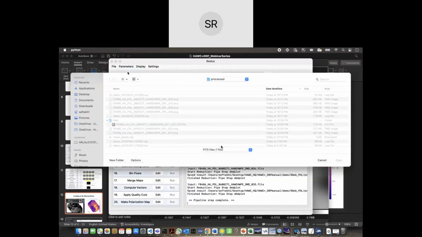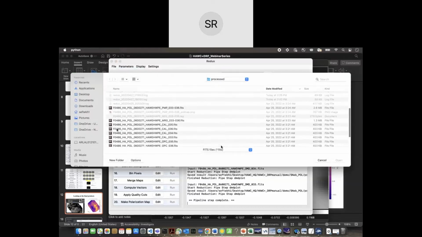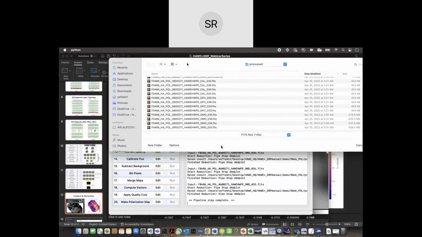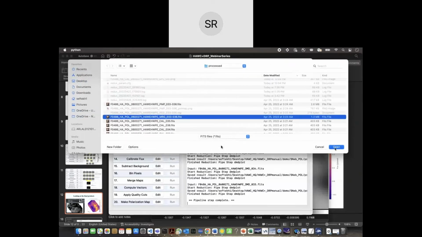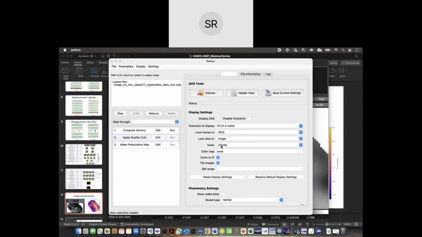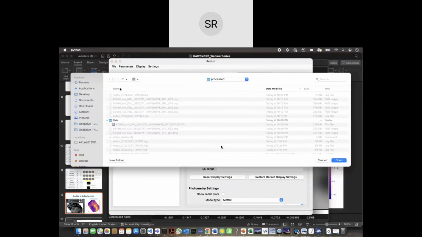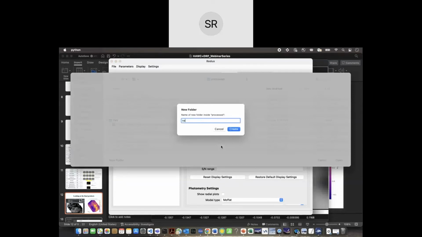I'm going to open a new reduction because I don't want to go through making the entire merged map. The last step before these vectors are computed, and the last saved file that I have, is a merged map. So I'm going to just load a merged map. You can see when a merged map is loaded, it's understood that only computing vectors, applying quality cuts and making the polarization map are the steps. You have to again make sure that you set the output directory to be somewhere. Now I actually want, because I'm changing something, I'm going to say new